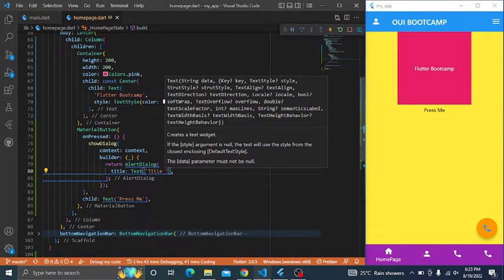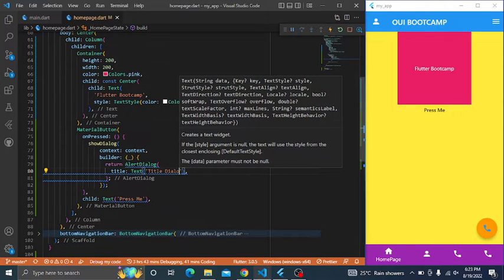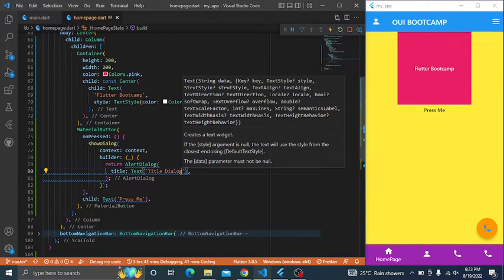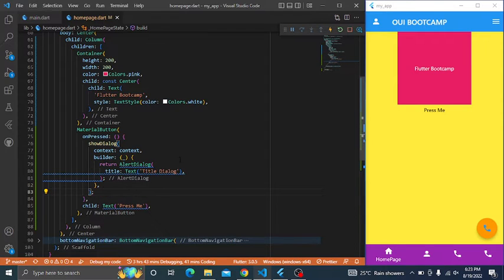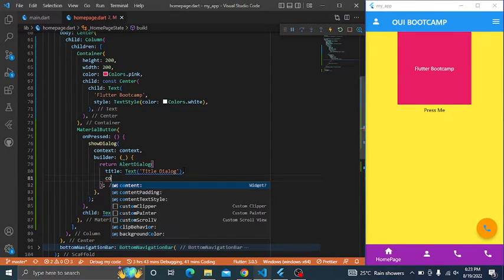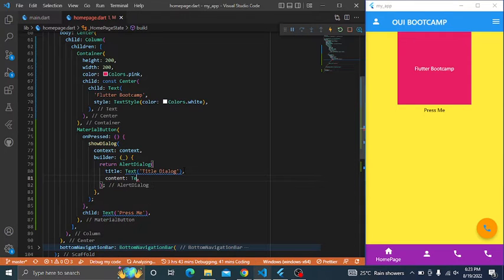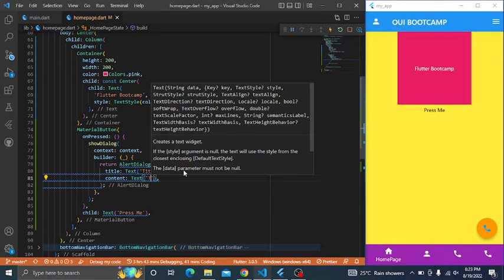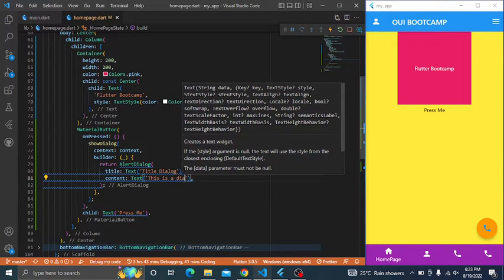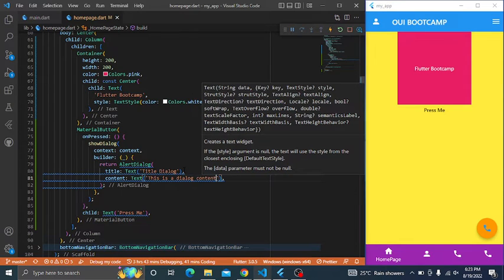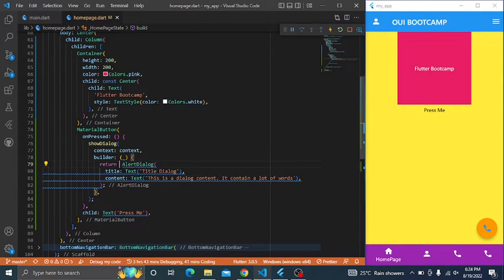Okay, so I'll just say title dialog here. That's for title, and let me put content instead of body. Inside this guy is called content. Inside the content, I'll just write a text. I'll just say this is a dialog content. It contains a lot of words. I just want the text to be much, so that's why I'm writing all this. Yeah, so this is the content and also